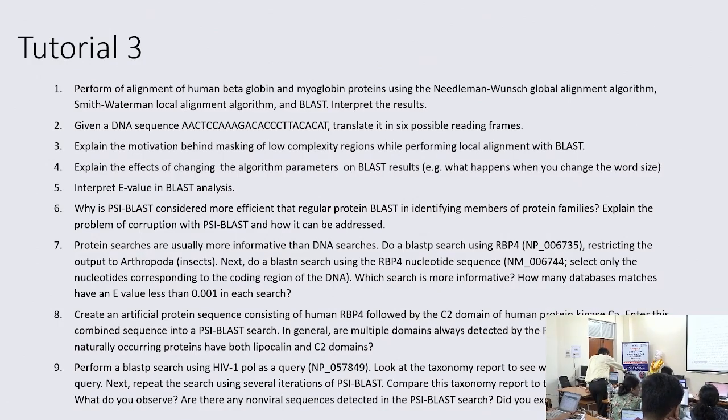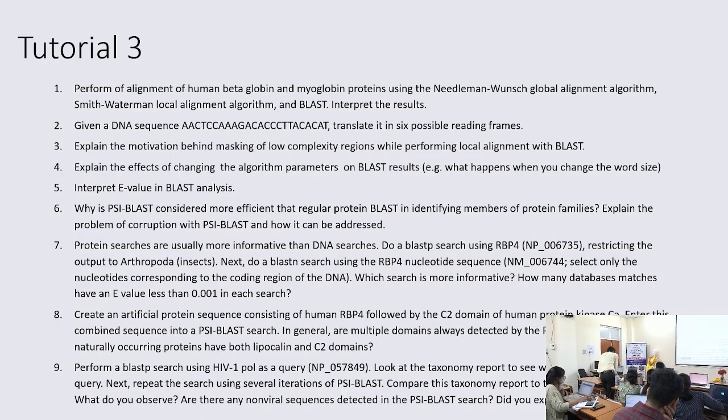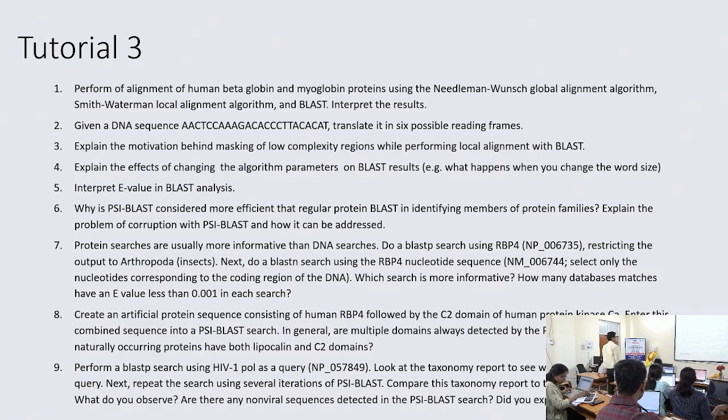Click on plus, and then type blastp, because the question is saying do a blastp search. So Google search blastp. So protein BLAST, this is blastp. Click on this,